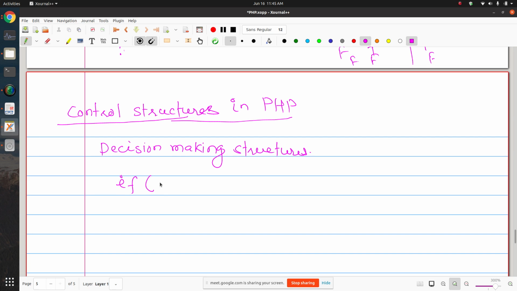That decision variable may be a single variable, or it can be an expression. It may be a relational expression, or it may be a logical expression. A logical expression means an expression that contains at least one logical operator. So you will have some condition there, and then within the curly braces you will have a block. We will call it the if block.